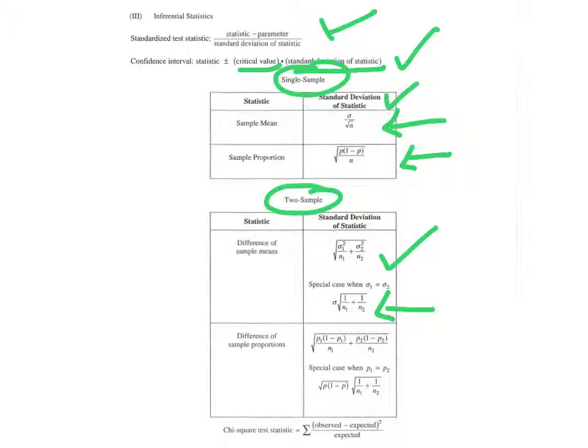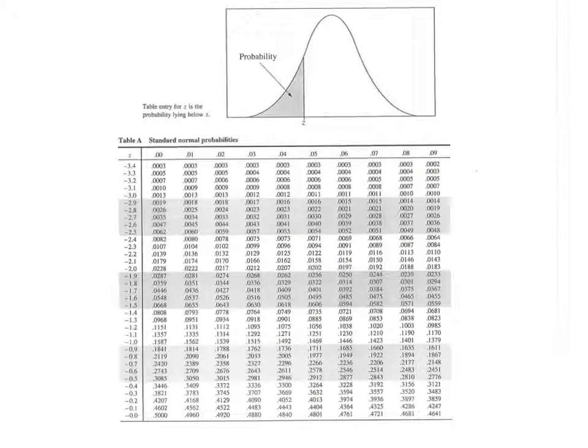Truly, you don't have to be worried about this particular formula as long as you know the first one up here. We then have the standard deviation of 2 samples when you put those together. Again, this special case listed here is not necessarily needed to know as long as you know the original formula we normally deal with. In the actual test packet, the last 4 sheets in your packet are going to be